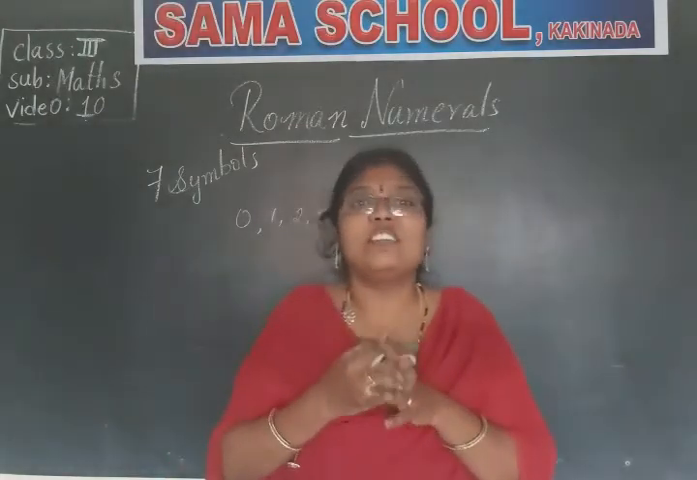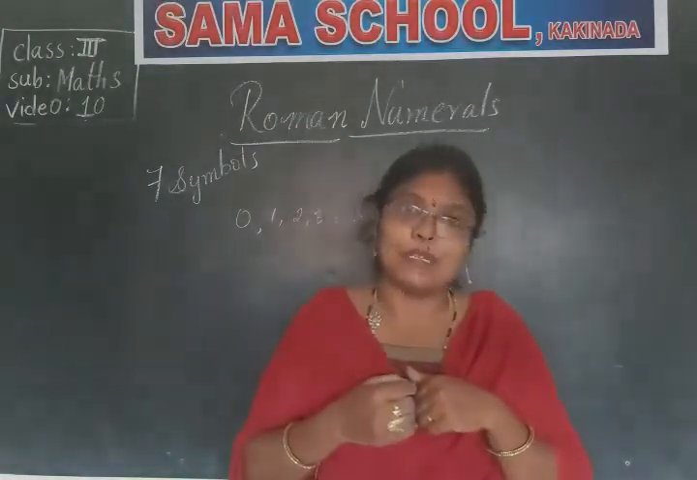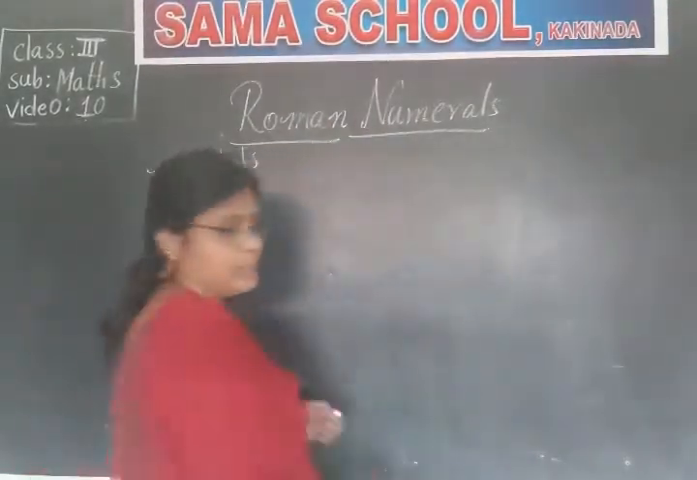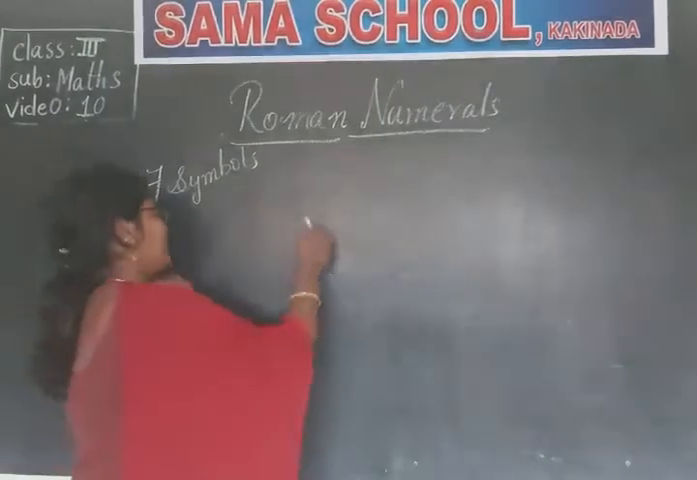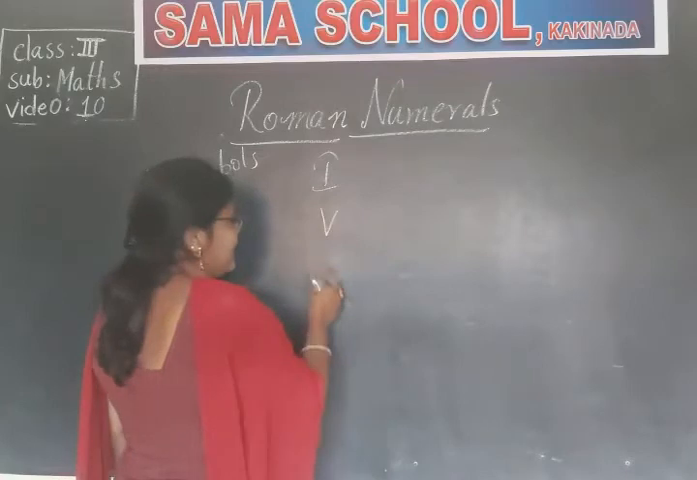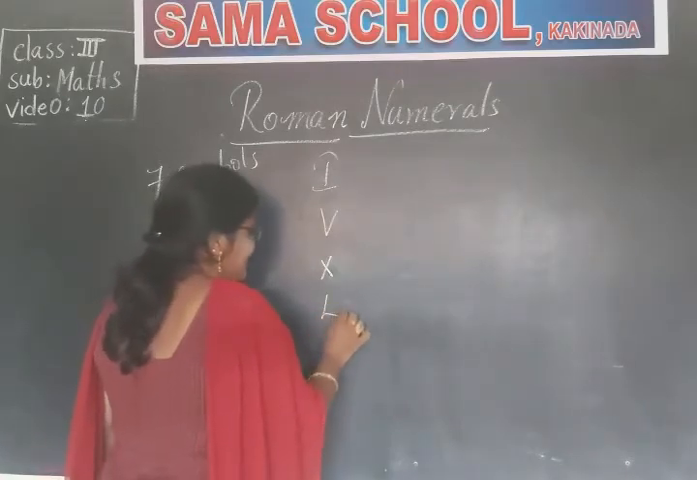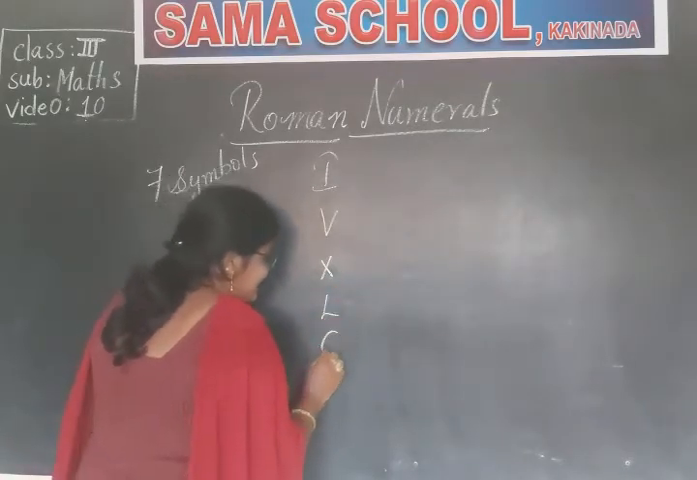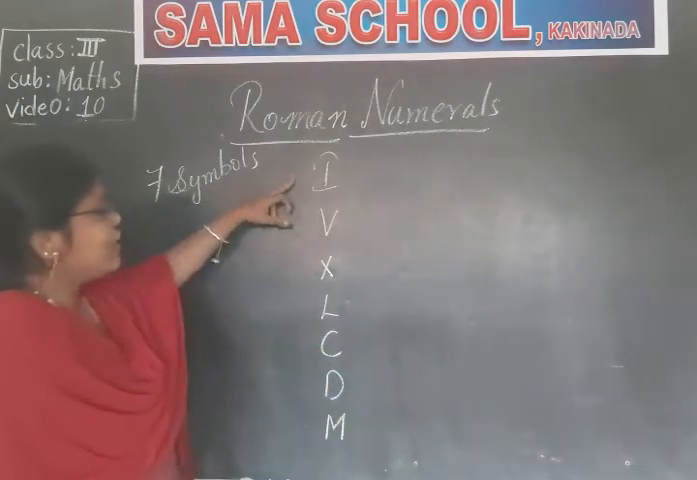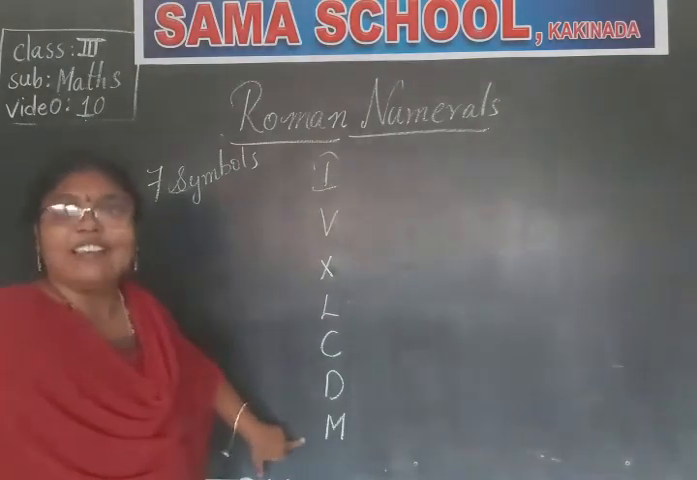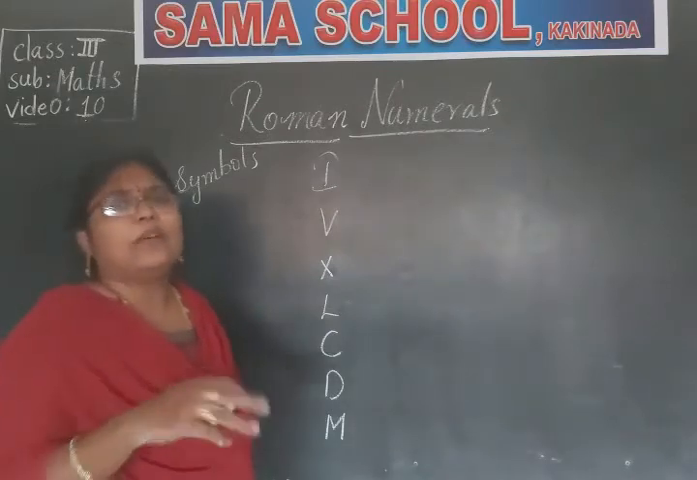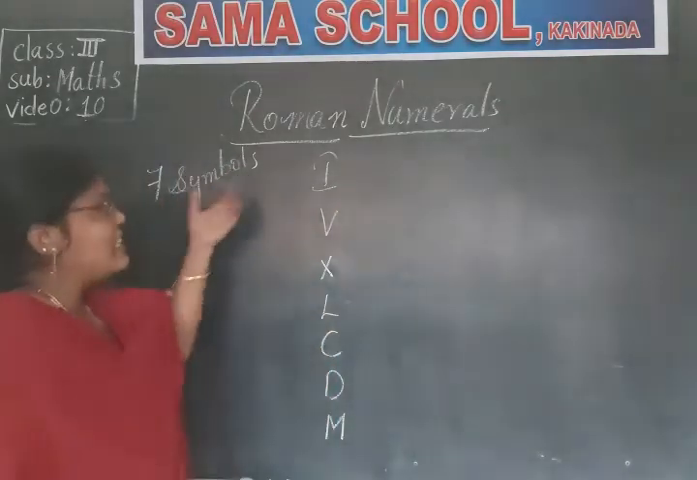So, come on, let us learn what those 7 symbols are first. Those 7 symbols are I, V, X, L, C, D and M. See children, 1, 2, 3, 4, 5, 6 and 7. By using these 7 symbols, they can write many numbers. So what are these symbols? First,